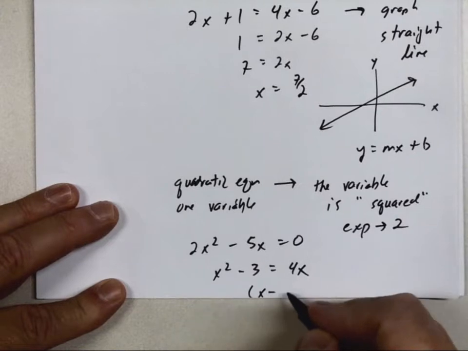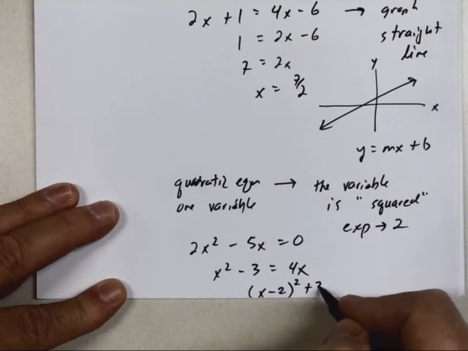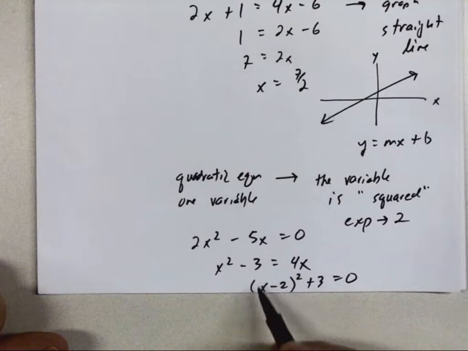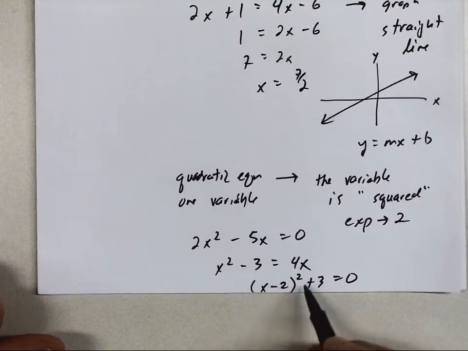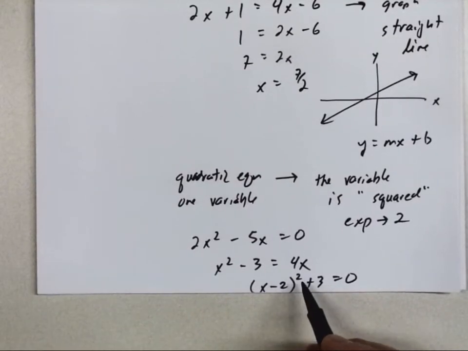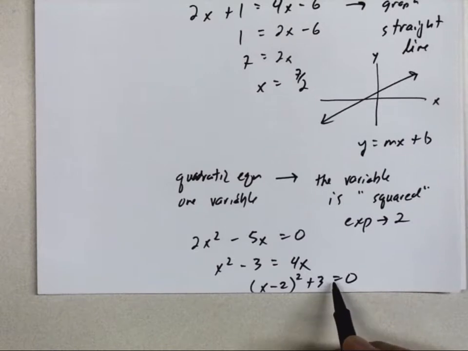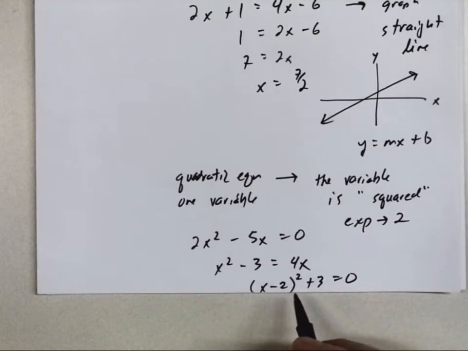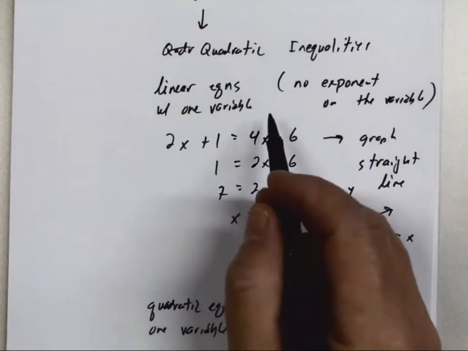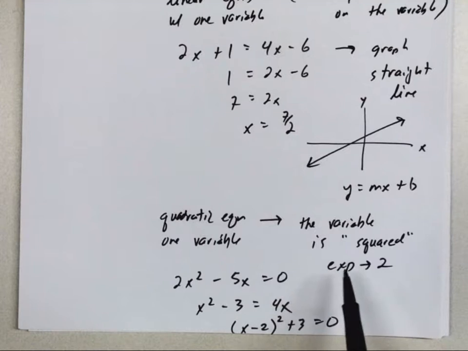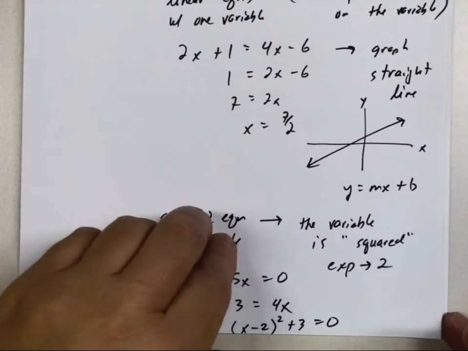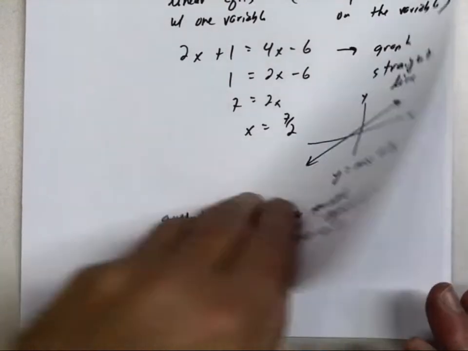You may have something like this. Because you have parentheses, however, if you multiplied out the parentheses, you would end up with an x squared term and an x term and a number. So in a sense, although it doesn't appear obvious at first, this is also a quadratic equation. So a linear equation, no exponents on the variable. Quadratic equation has an exponent of 2. Now what's interesting is, if we talk about solving quadratic equations,